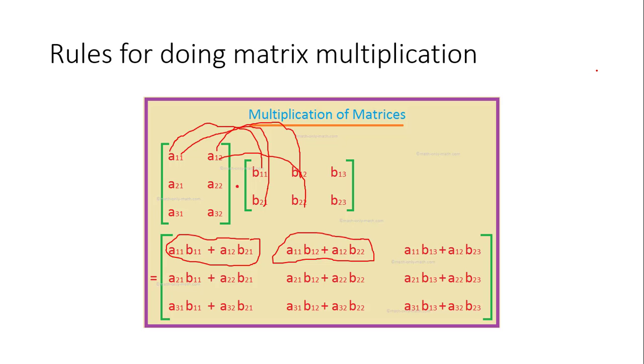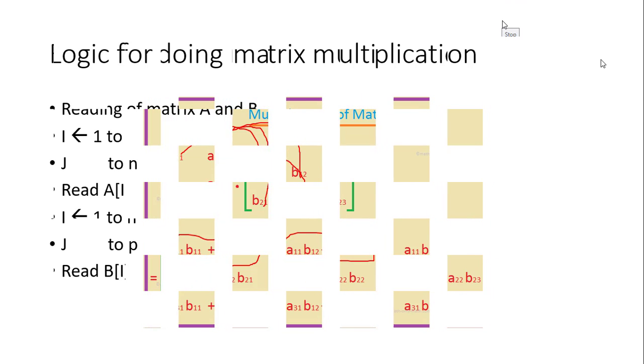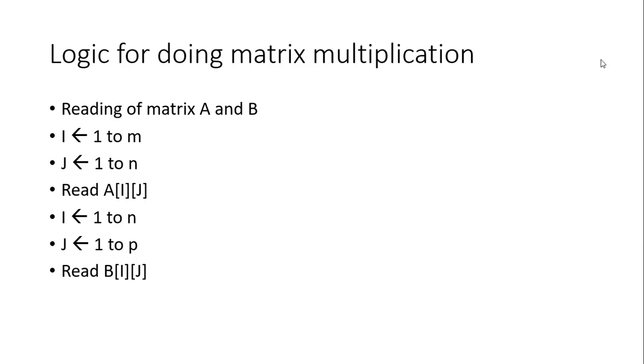So next we have to form the logic for reading the selected input matrices and to do the matrix multiplication by using this dot product rule. By using the rules for doing matrix multiplication, next we have to construct the logic for our program. So under the rule, we have seen two rules for selecting the two input matrices A and B, and a rule for doing the matrix multiplication process, that means dot product.